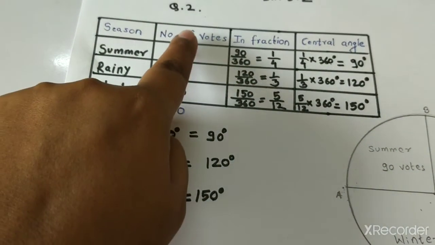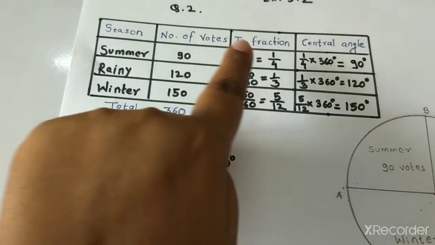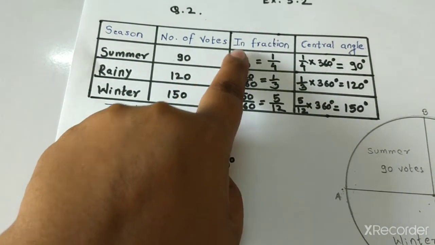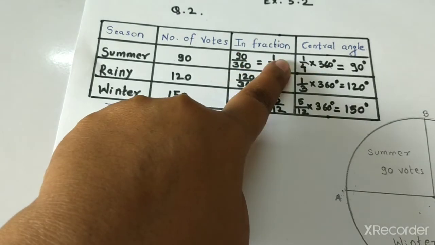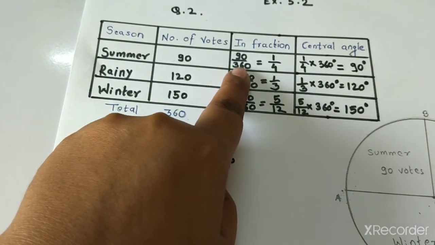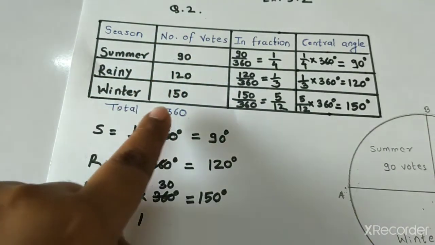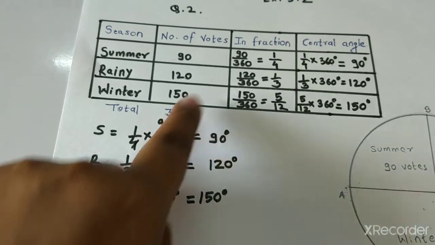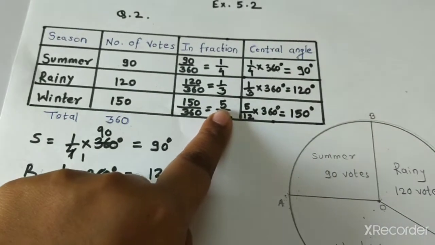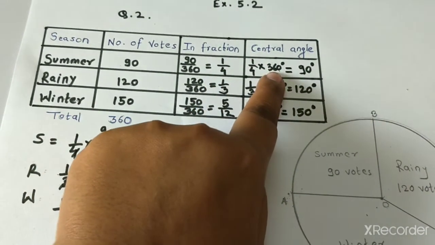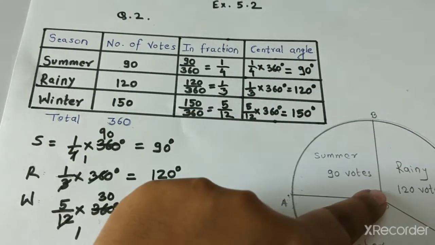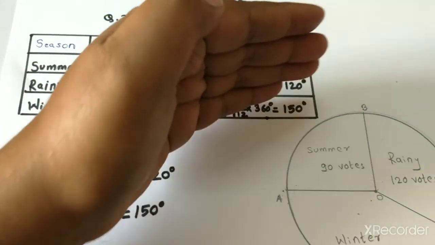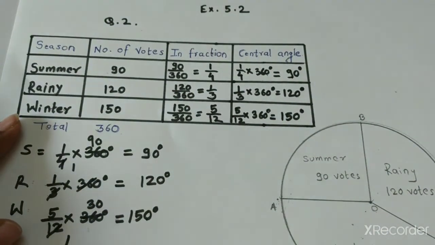If the things are given in percentage, how to find the fraction: suppose it is 90%. So 90 upon 100. And then convert it. Percentage given, denominator will be 100. If numbers are given, children, find the total, and the number of the thing divided by total. This way you will find the fraction, and then that fraction of 360 degree. Why 360 degree? Because the angle of the circle is 360 degree, that is a complete angle, and we are then finding the different sectors' central angle.